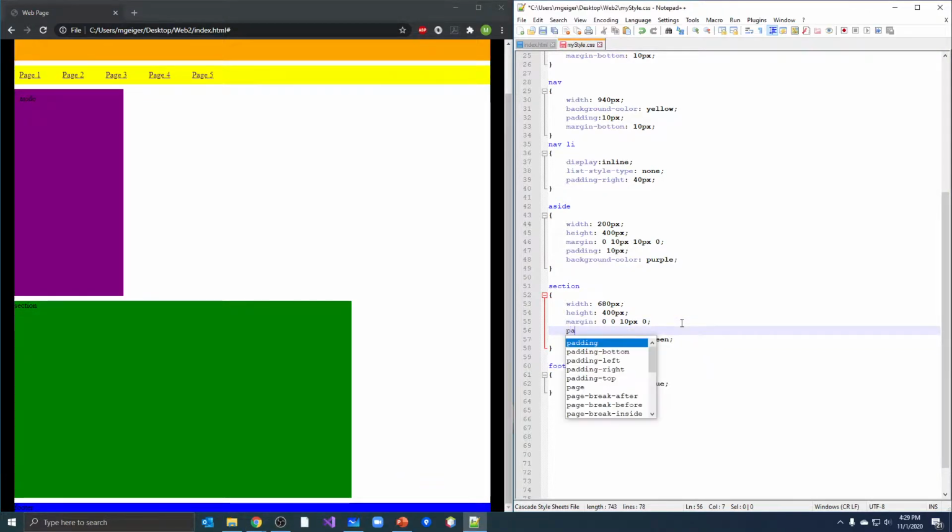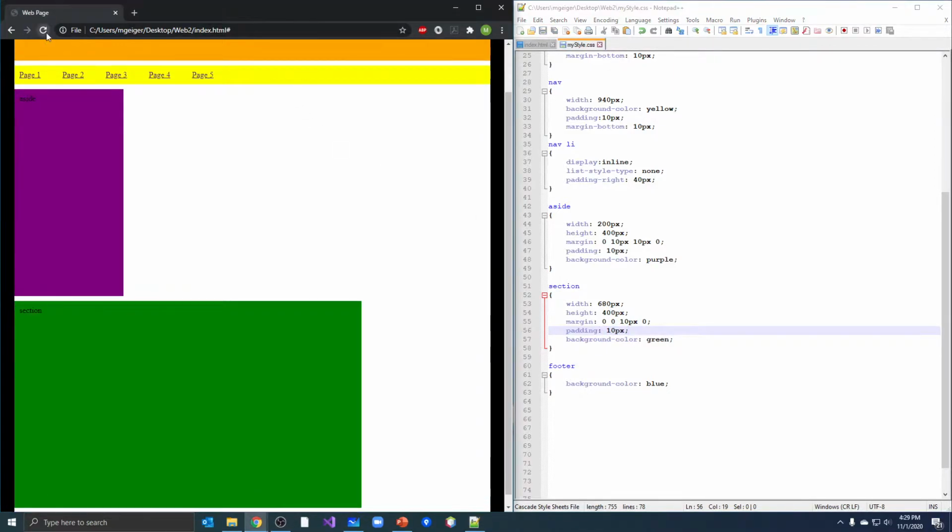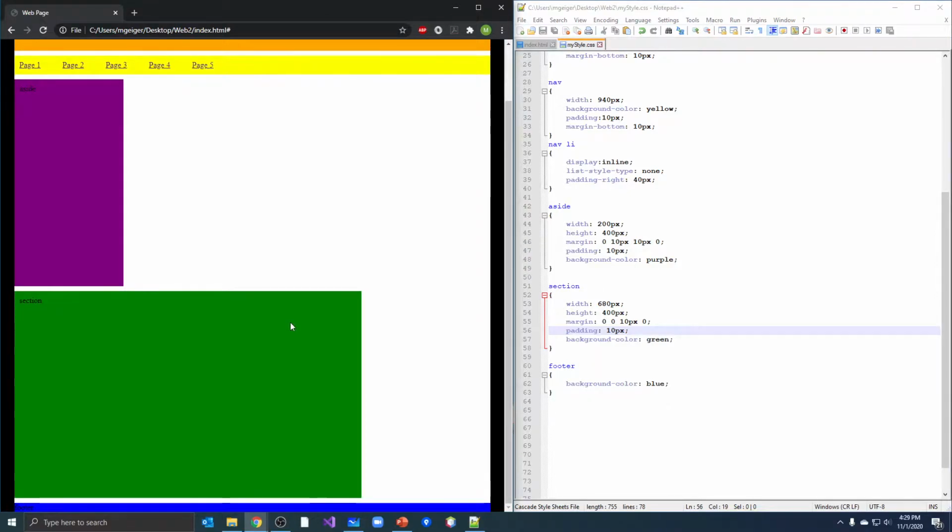Adding 10 pixels of padding inside of it, just like we did for everything else. And these can all be adjusted, but remember, things are starting to interlock. There's my padding. All right, so the question now becomes, I have